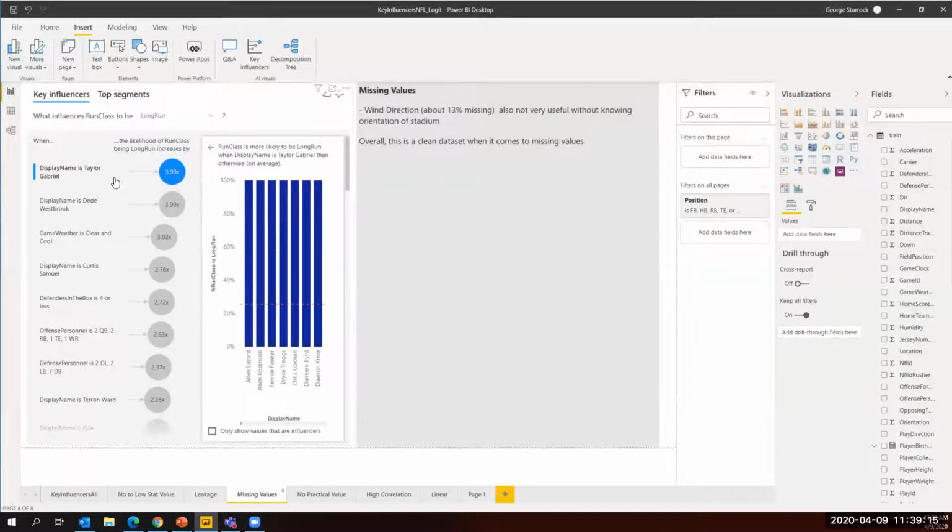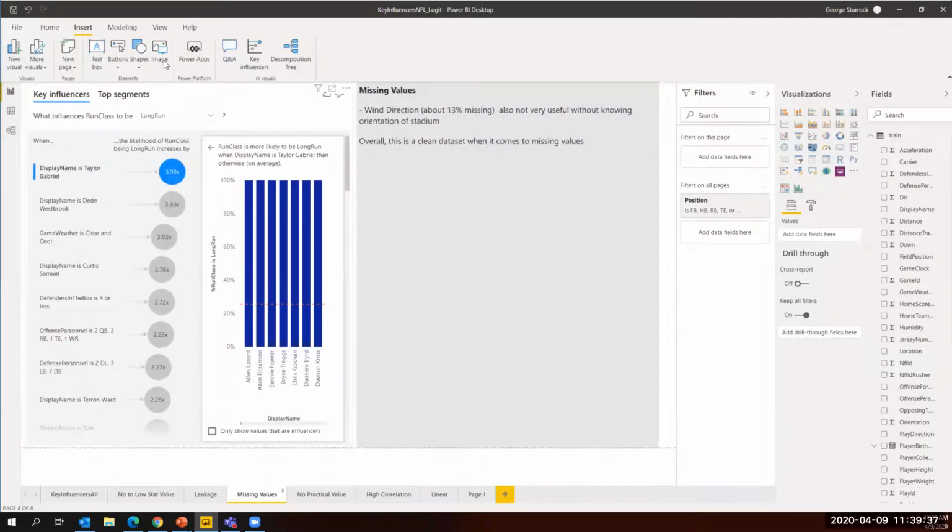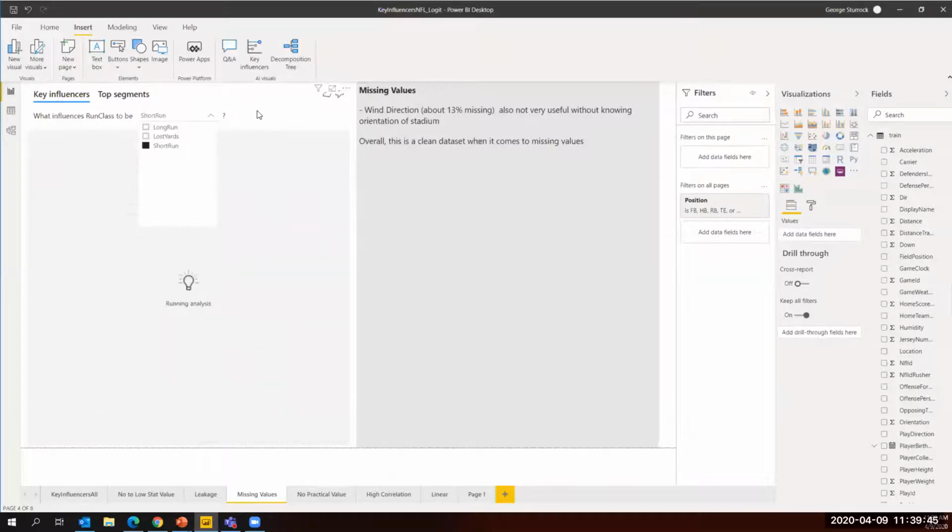Compared to the prior tab, and again, this is just by removing things that introduce leakage, we start seeing other things pop up that influence a long run, like the number of defenders in the box, right? So people who are close to the line of scrimmage, kind of your offensive personnel groupings, things like that. We still see a whole lot of just names in here. Again, I would submit that those probably don't have a lot of practical value, right? And the reason I would say that is,